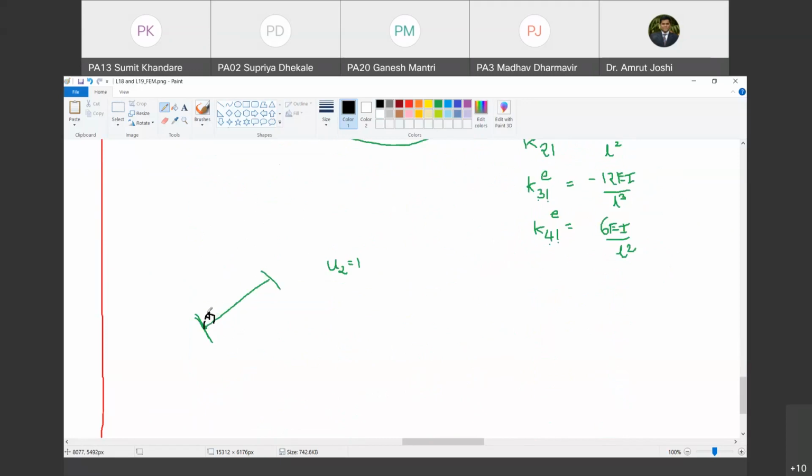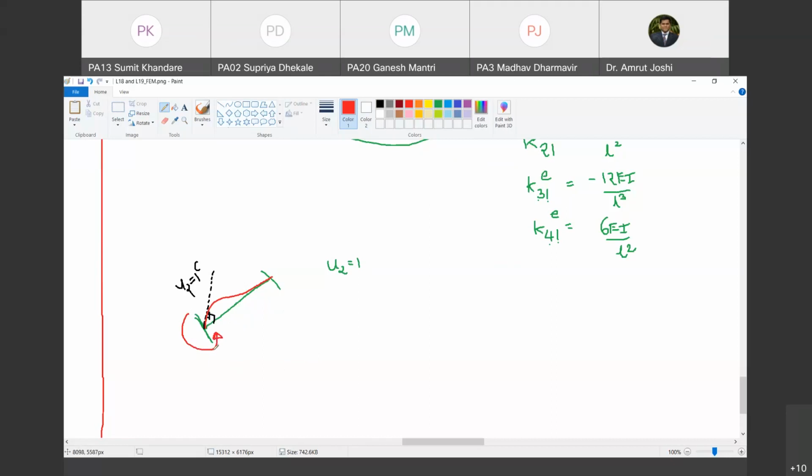So therefore, I give an anti-clockwise rotation by amount 1 here. So this is the tangent drawn to the deformed shape such that this angle is 1 radian. Are you with me? Yes, sir. So how does the deformed shape look like? It is going to look something like this. Happy? Yes, sir. Now to produce this anticlockwise rotation here, you will have to apply anticlockwise moment. Do you agree with me? Yes, sir.